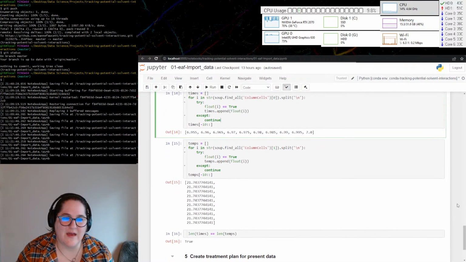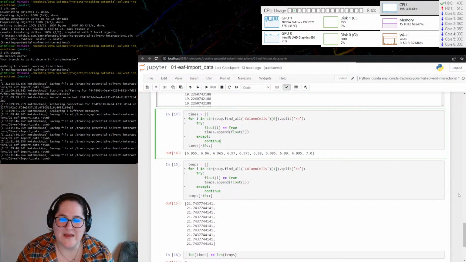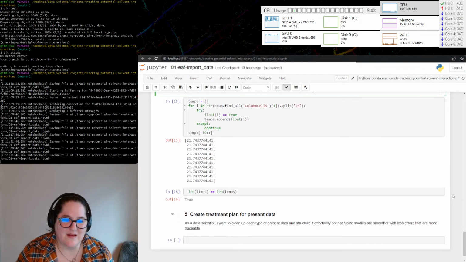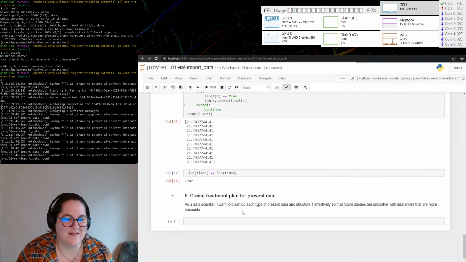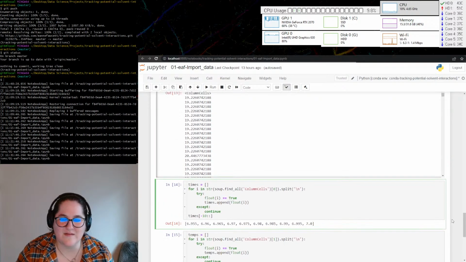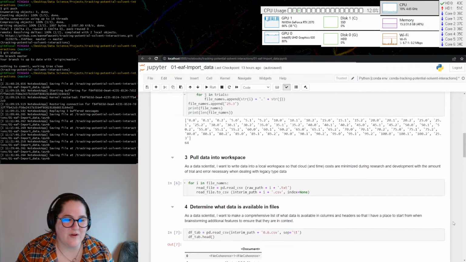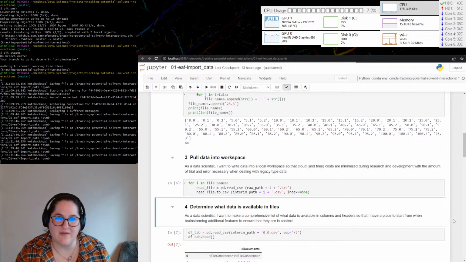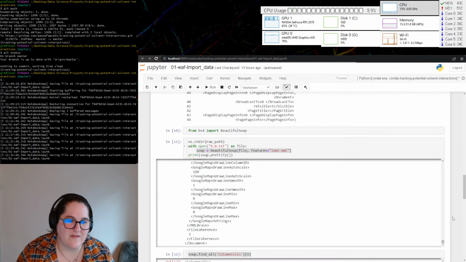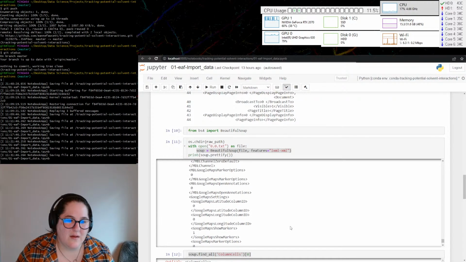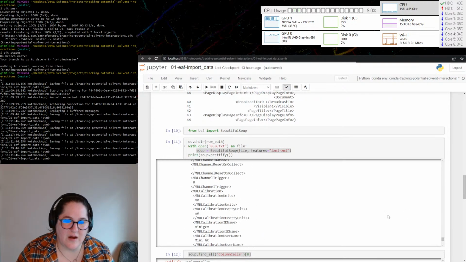I've thought about this a little bit. I've done this type of thing before, but you might see me get a little bit frustrated. And so now that we've completed this task here, I believe, which was to determine what data is available in the file, I want to make a comprehensive list of what data is available. So I know I have the times and the temperatures that the scientists mentioned, but I also have every tag here. And we've made some notes so far